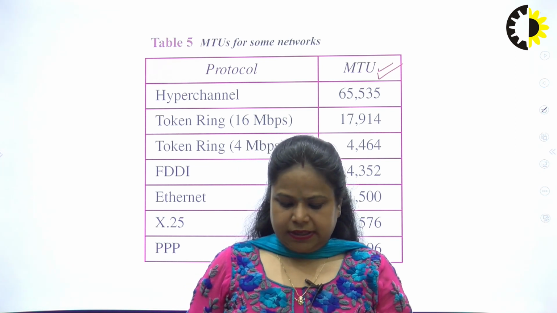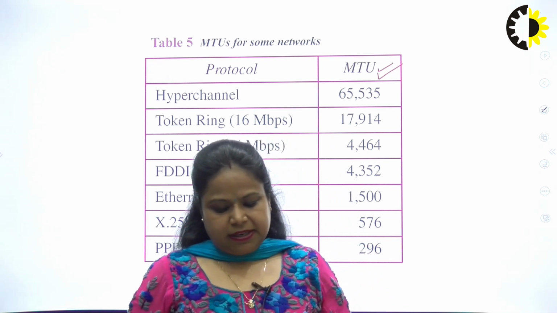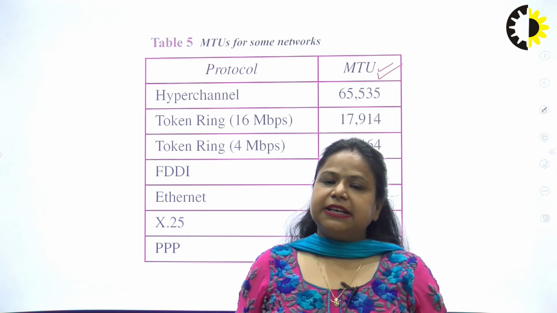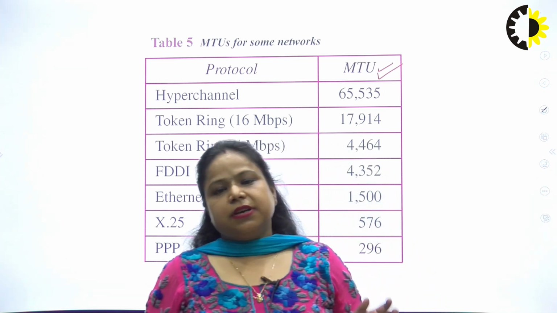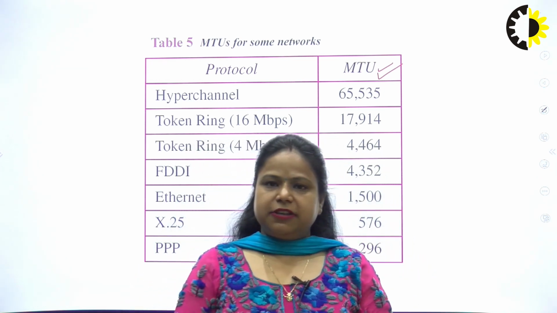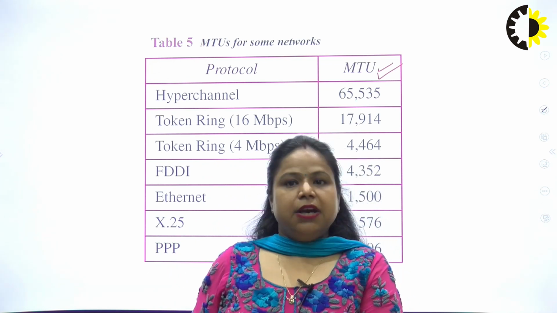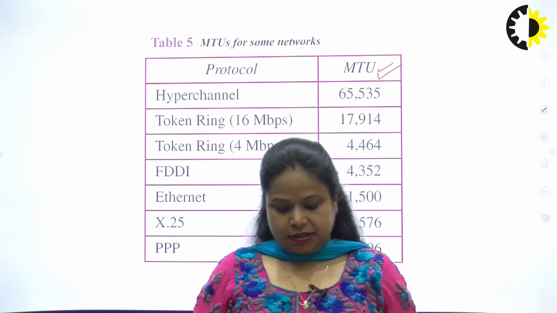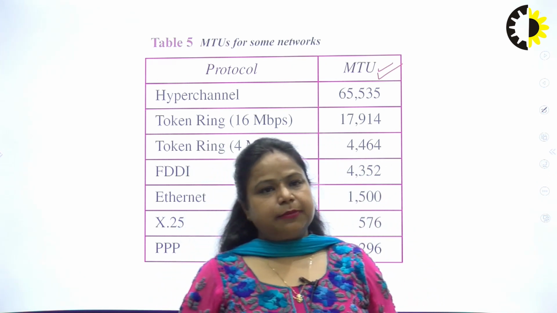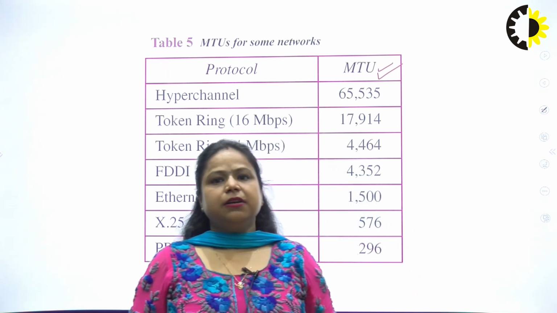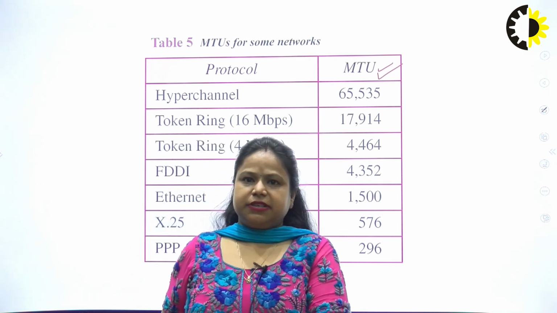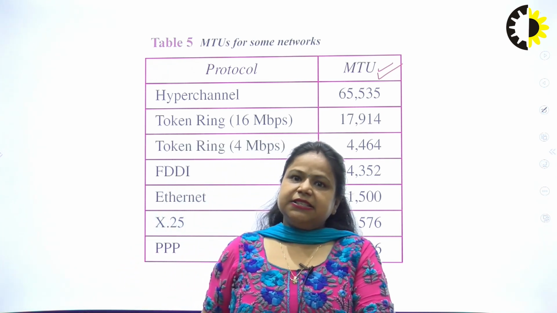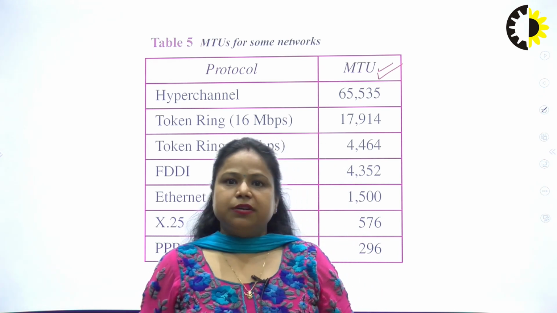Similarly, all the fragments have the same identification number. Suppose the large packet we have divided into n number of fragments, and each and every fragment has the same identification number. And why are we providing the same identification number? Because whenever it comes to the receiver side, it is very easy and convenient for the receiver to reassemble the